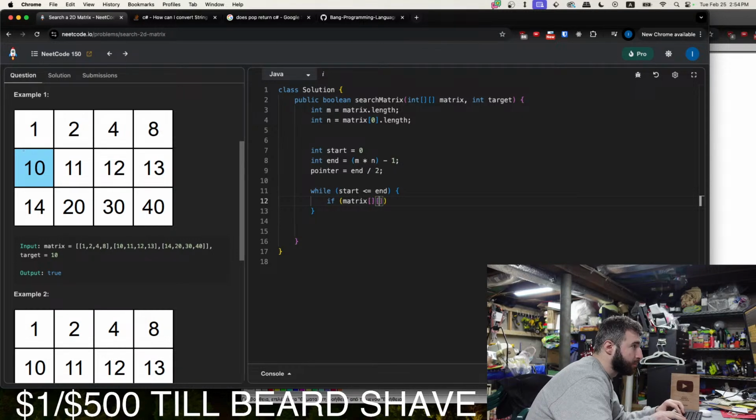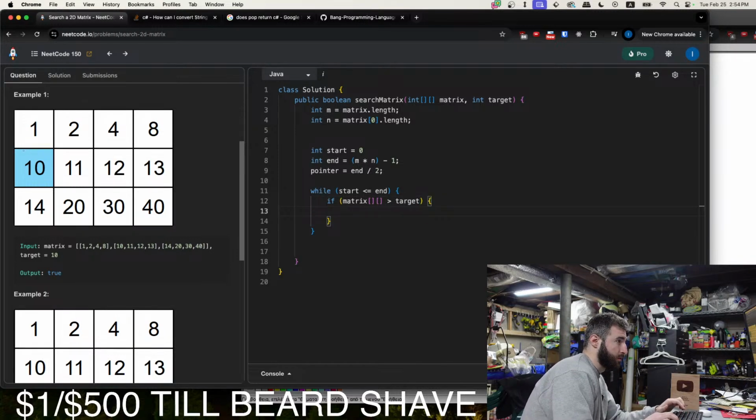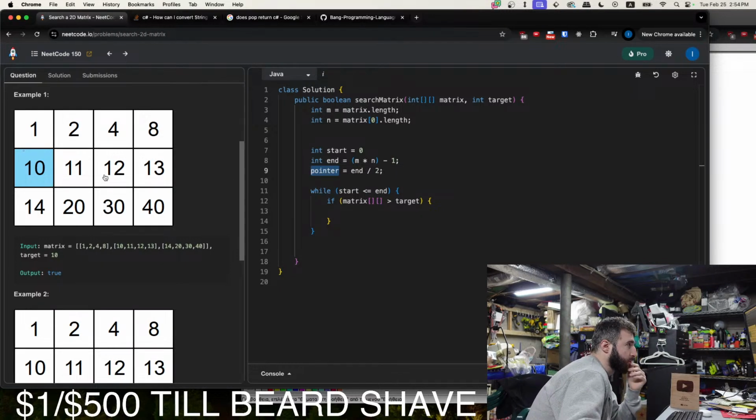So that's the less than target. Okay. Or if it's greater than target. Okay, so how do we calculate the real pointer from the linear pointer? So 1, 2, 3, 4, 1, 2, 3.